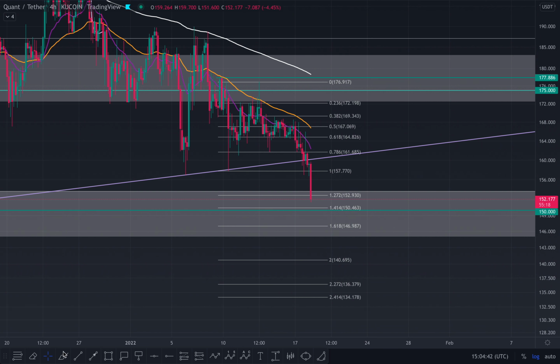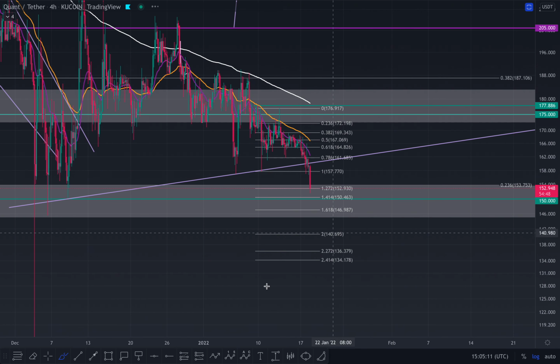Or just like this, where you've come to the neckline here and got rejected, never played out this double bottom, had to break the neckline. But what I was trying to say is that if you fail to hold it here, when you broke out here, you validated the pattern, but when you failed to hold support, you invalidated it. So that's what can happen with this technical target. We can come down to the 1.272, but if we then turn the 1 into support again, then you won't go any further down basically, and you'd be heading back into the ascending triangle that we know that we were in, basically coiling up.